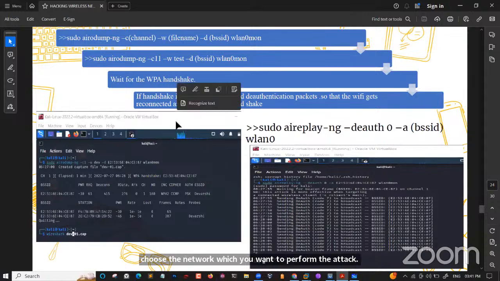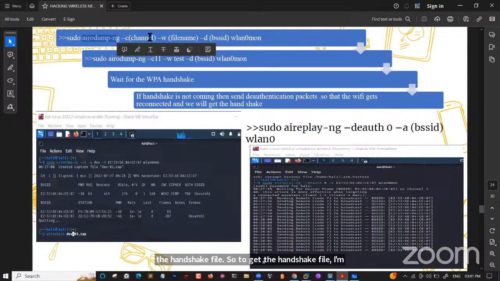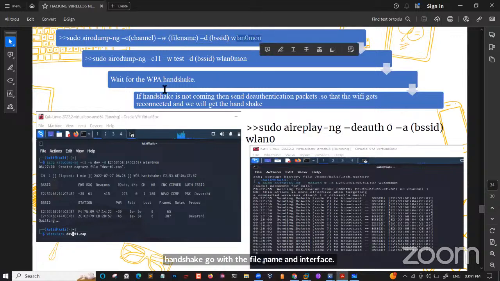For that, now you need to get the handshake file. To get the handshake file, I'm using airodump-ng -c with the channel, -b with the BSSID, and -w with the file name where you want to capture that handshake. Go with the file name and interface. So once you're done with that, go and wait for the